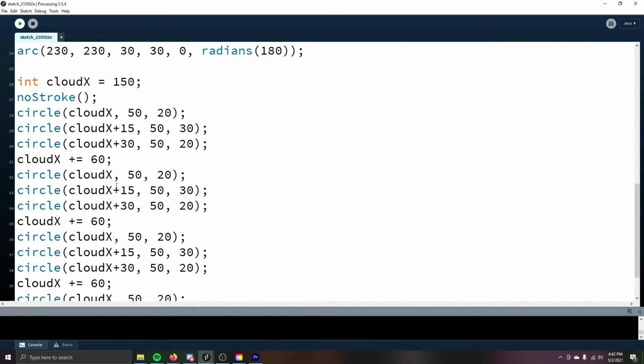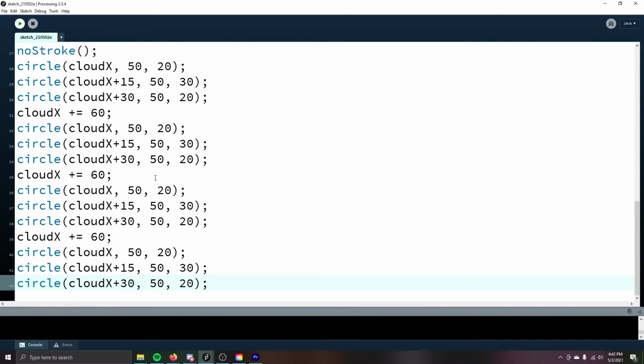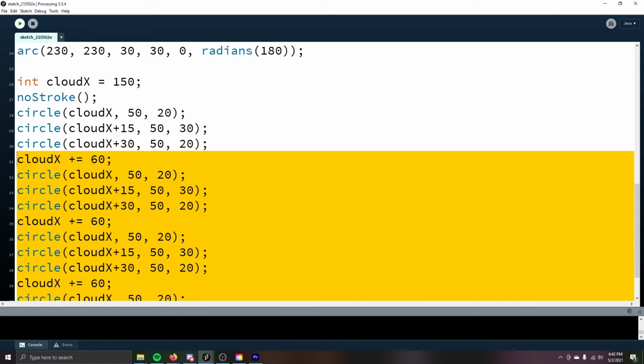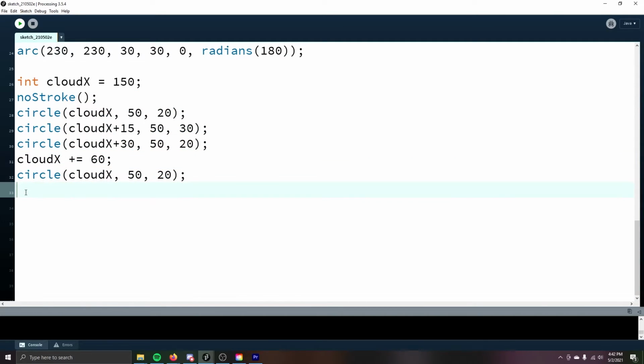This is a very obvious pattern in code, and there's a way to make this a lot simpler by using a for loop. So let's get rid of everything I have so far, except the important bits. 1 cloud and increasing cloud x. Now,